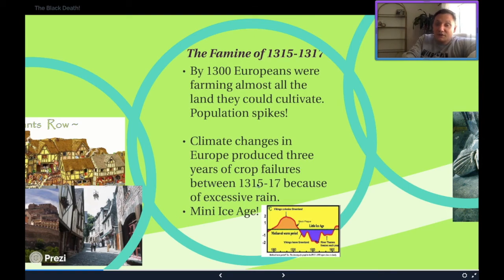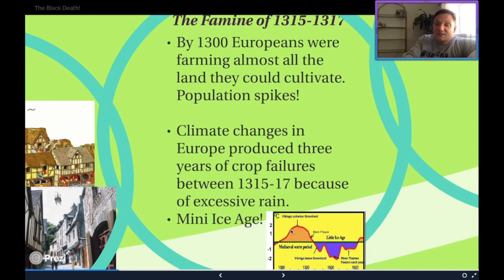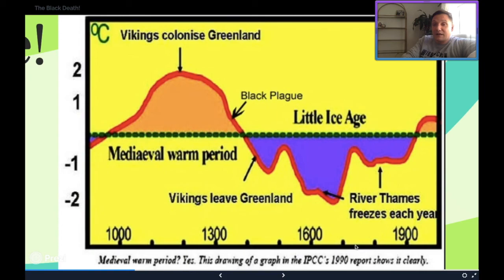In 1315 to 1317, you're going to see the beginning of what was known as the mini ice age, a big, significant dip in the average temperature. Now, some people will often argue, does this explain the climate shifts that we're going through now? Not actually. If you look at these climate graphs that are circulating around now,